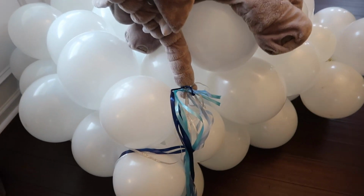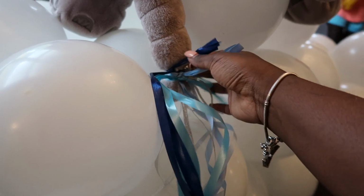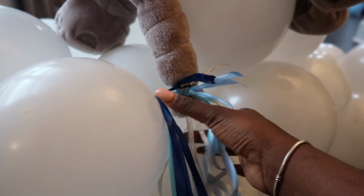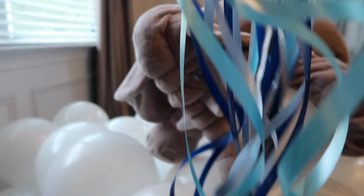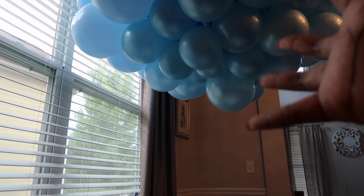My battery had died, so while I was waiting for it to charge up a bit so I could finish the vlog, I did go ahead and take my ribbon and I tied it all individually, and I'm going to cut these extra pieces that are hanging here. But I have all my pretty ribbon hanging here. So what I'm gonna do now is attach it to the top of the balloon somewhere in here so that it looks like he's actually carrying all these balloons,